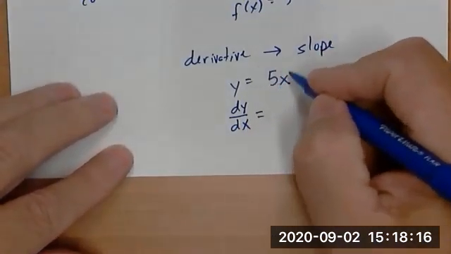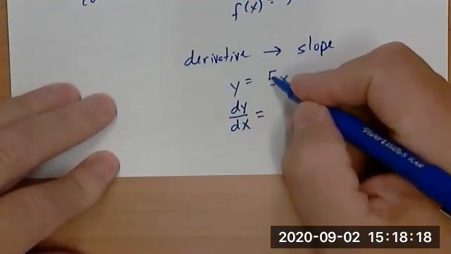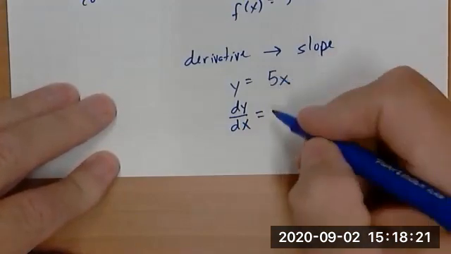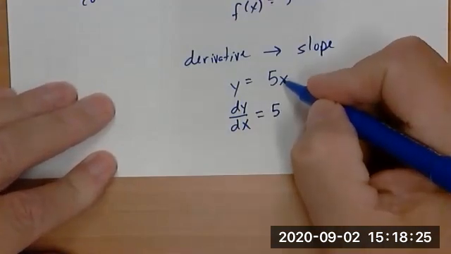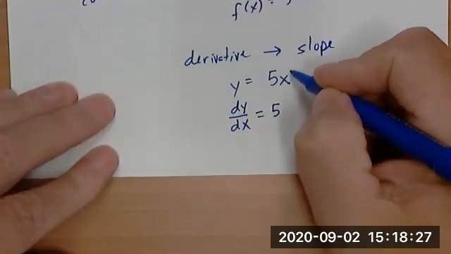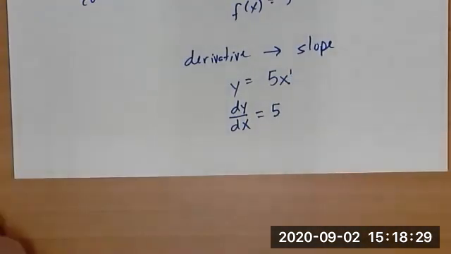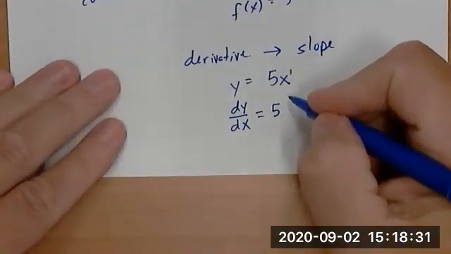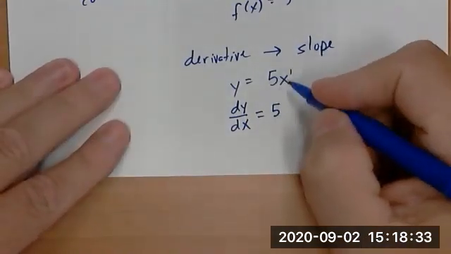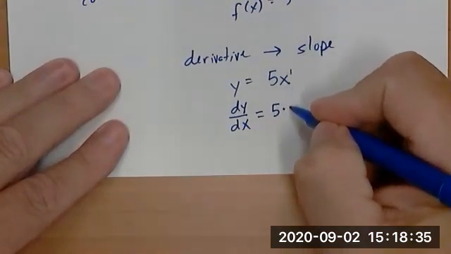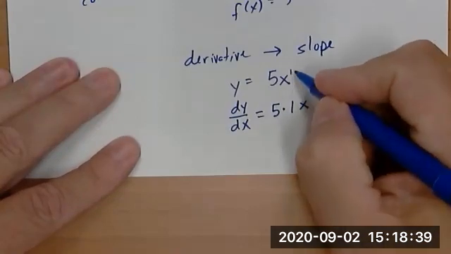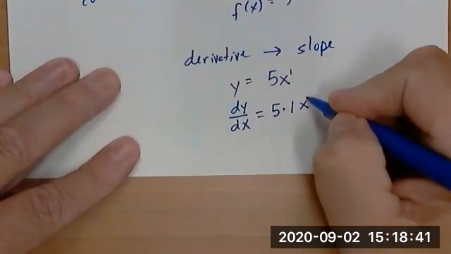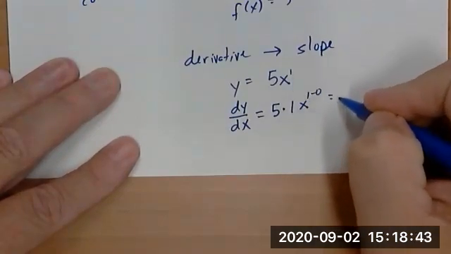So I can apply the power rule here. First of all, I got a coefficient of 5. It just tags along. X here, although we don't write it, there's really a 1 here, right? So you can, just to be very, very deliberate, you can say you bring the 1 down front, and then you subtract 1 from,